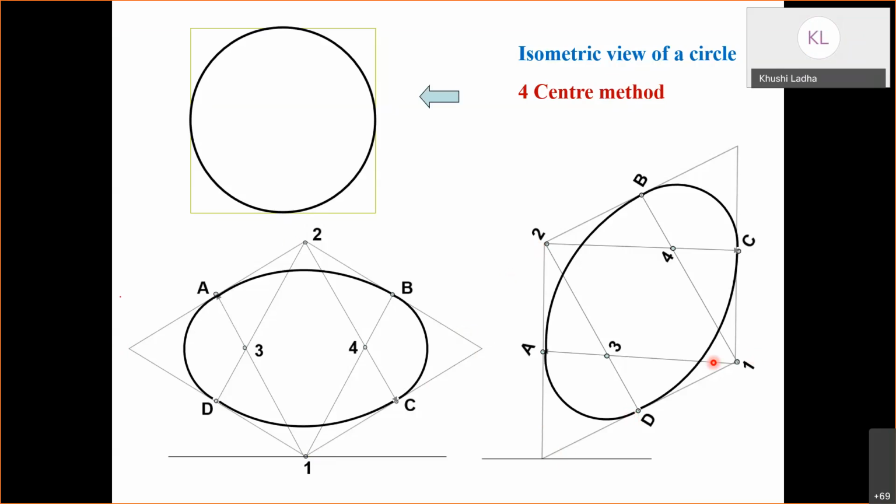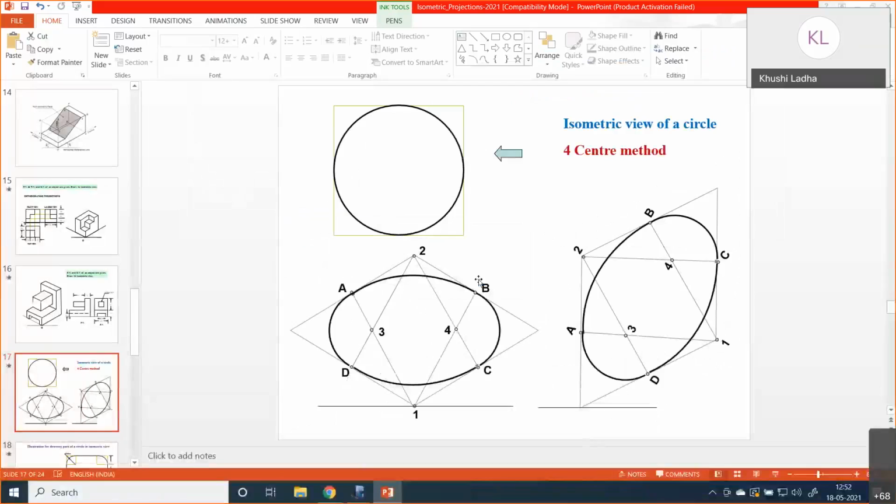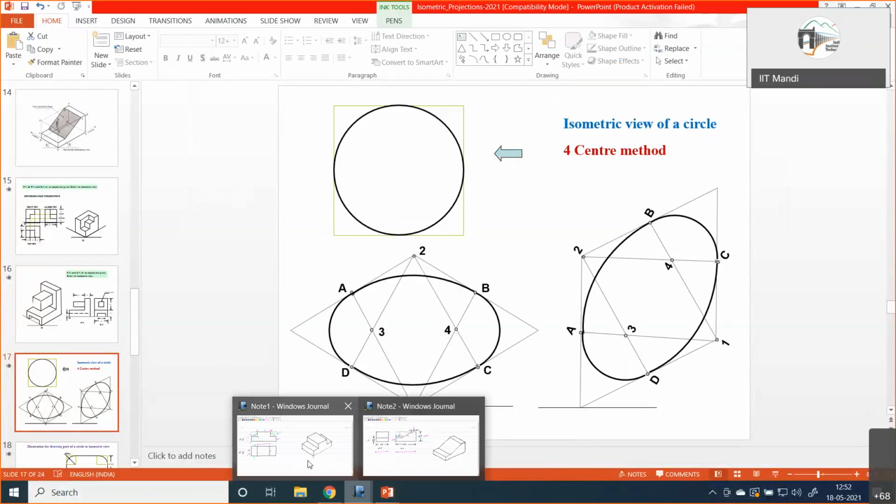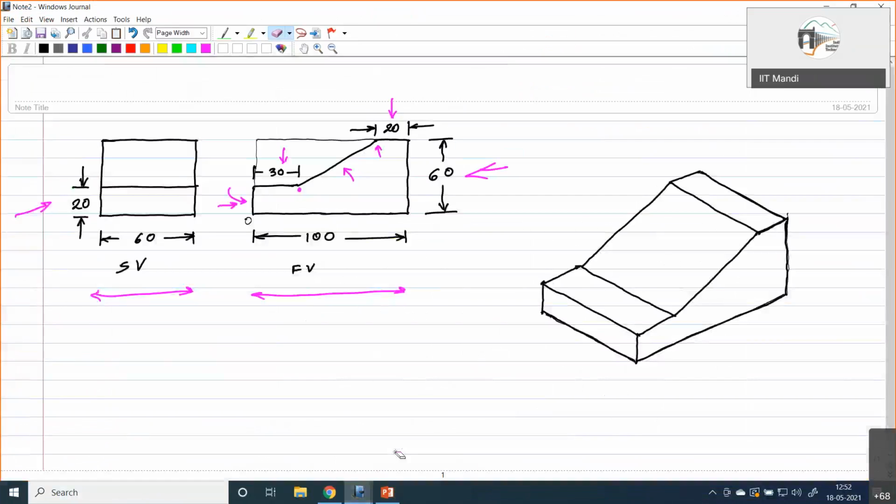And sir, one more thing. In the previous questions that we did at the start of the class, do we usually take the front view to be on the right side? No. You have to consider what is available. There is no convention like this. Let me go to this. So suppose this one you see.